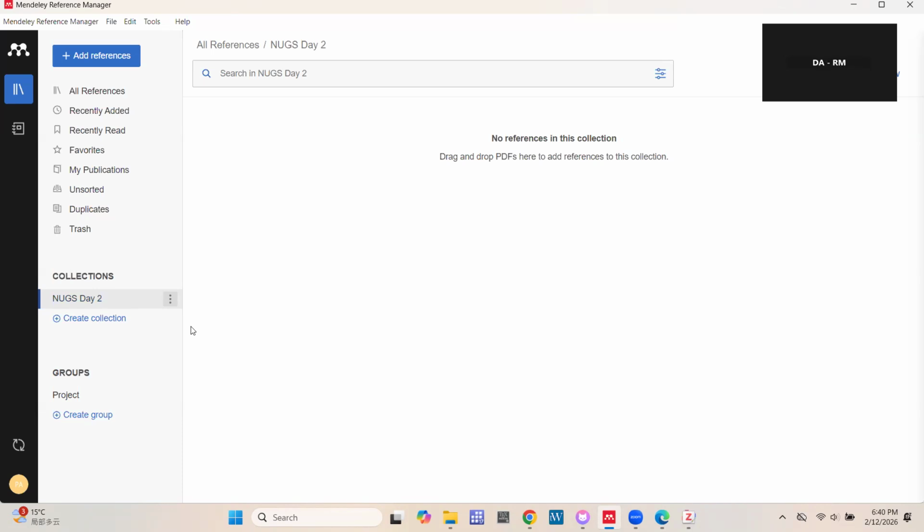Initially, when you spoke, I thought perhaps I have not updated my Mendeley or you have not updated. But if you are talking about group and it's saying invite people, then it means you are trying to perform an action here which we have not gotten to yet. Now we are just creating a collection.